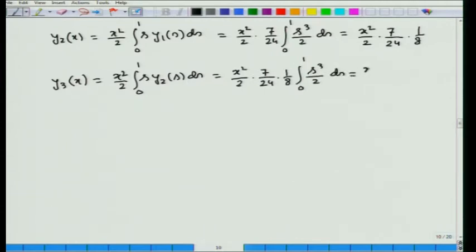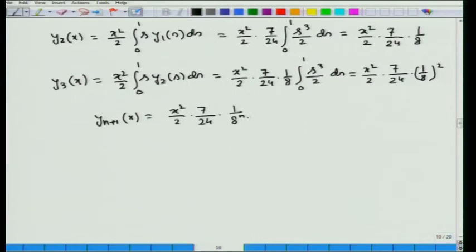So, this will be equal to x²/2 times 7/24 times 1/8, this whole squared. So, using the trend for y2 and y3, we can write y(n+1)(x) will be equal to x²/2 times 7/24 into 1/8 to the power n,